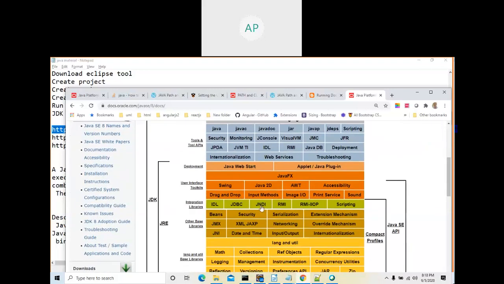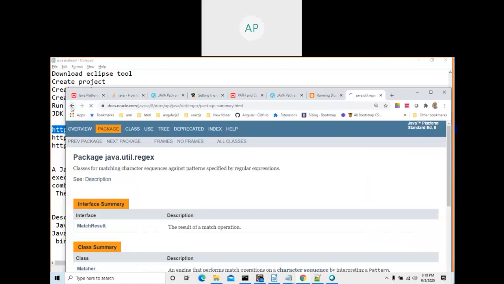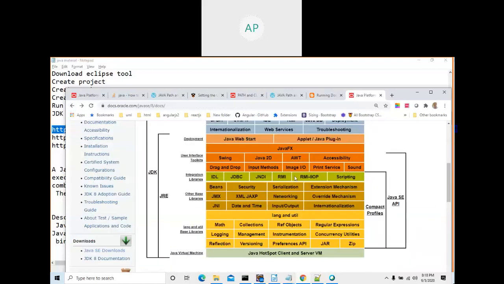You can deploy mainly. You can see JDBC. There are a number of classes created by the Java software which you install, and all of those will be available as part of the JRE. There are also some library files, which are nothing but class files. There are math, collections, reference, regular expressions, RMI, a lot of things. No need to read all of those as of now. You should know the difference between JDK and JRE. Read here. That's very important.